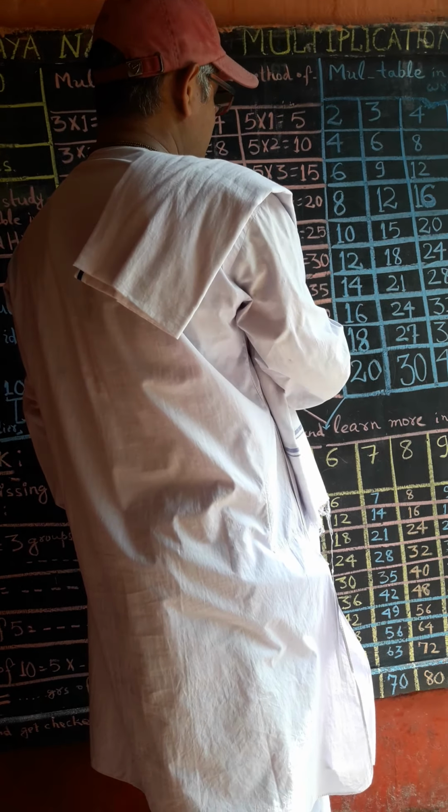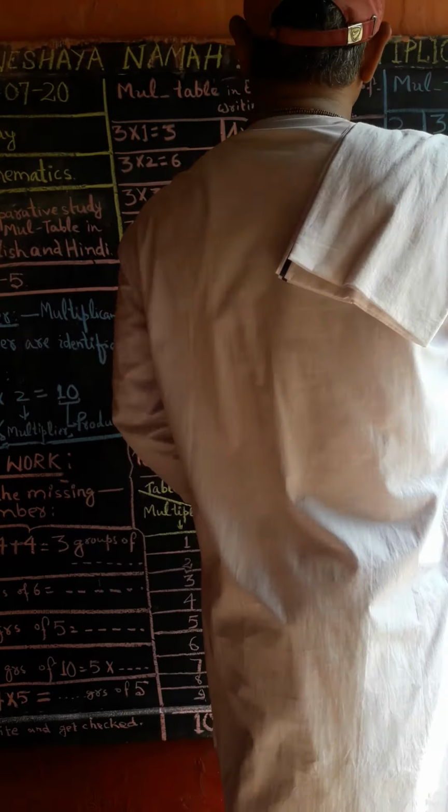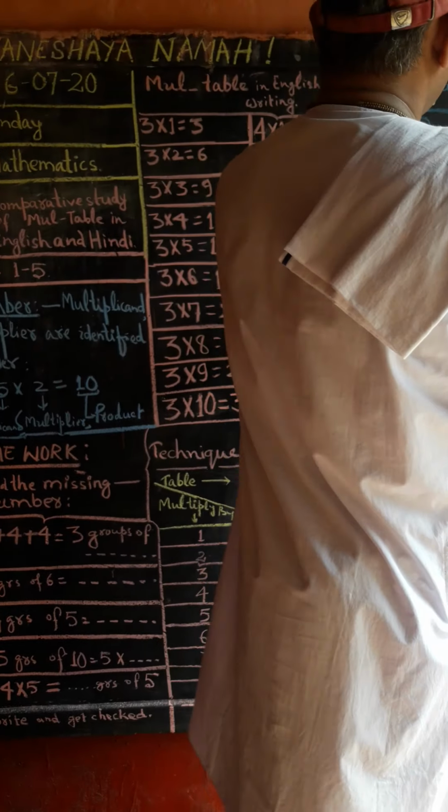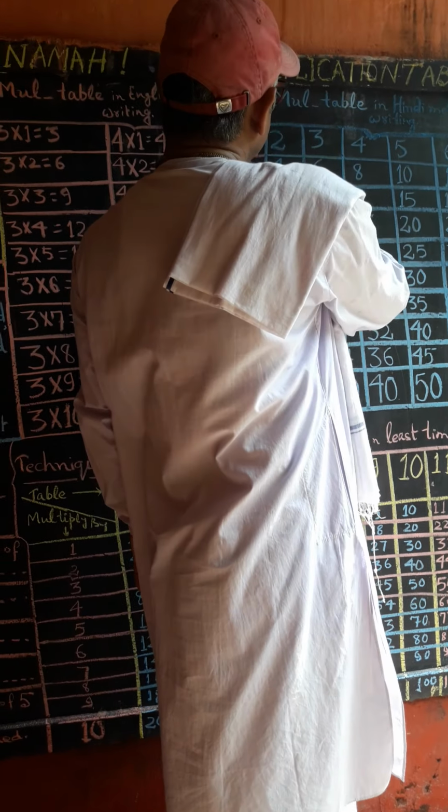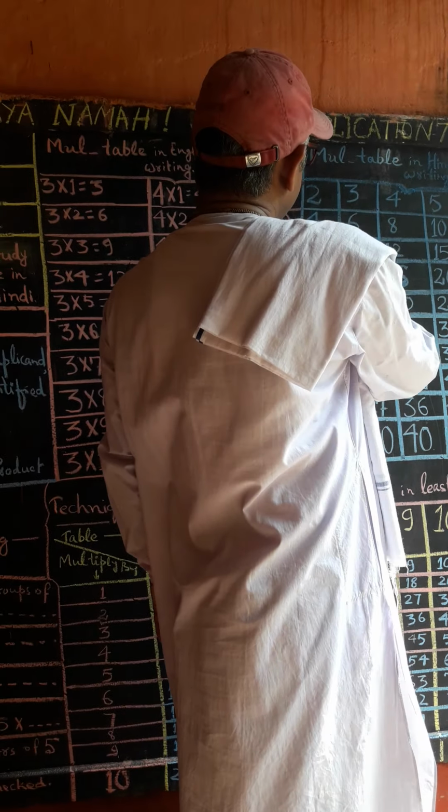This is the English medium of writing multiplication table, and in Hindi medium the same table is practiced as under. दुक्का दू, दू दूनी 4, दू तिया 6, दू चौक 8, दू पचे 10, दू छक 12, दू सते 14, दो अटे 16, दो नमा 18, दो दाहें के 20.